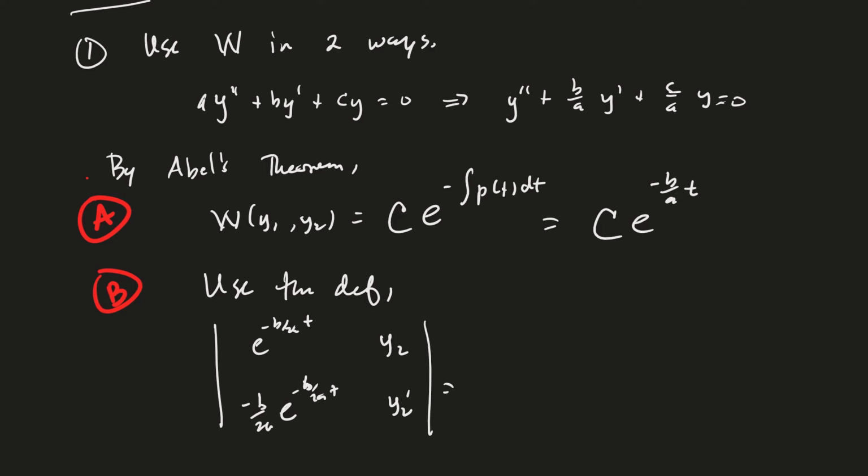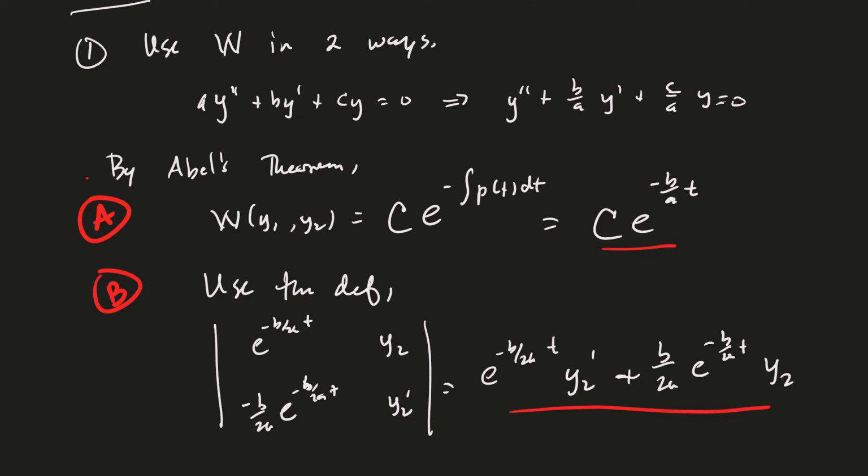Right, then write down our determinant. Minus minus will give us a plus. Good. And now what do we do? These two things should be equal to each other, right? This should be equal to that, and that gives us a first order differential equation